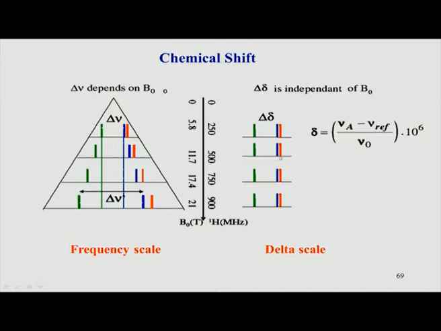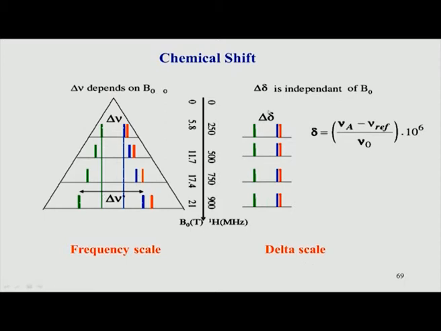However, if I convert this using this formula into a ppm scale, remember we subtract the frequency and divide by a frequency, and this takes care of this separation. What you see increasing gets nullified when you divide by the increasing frequency, and finally the peak separation does not change in the ppm scale, in the delta scale. So, this is a very important point.